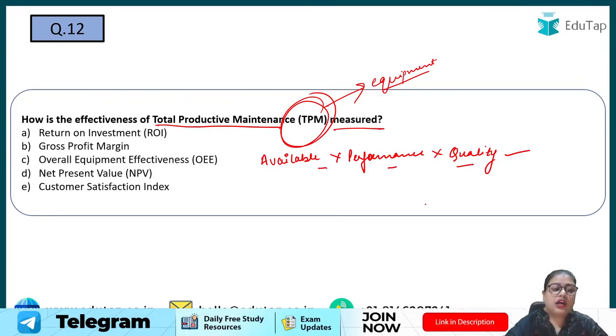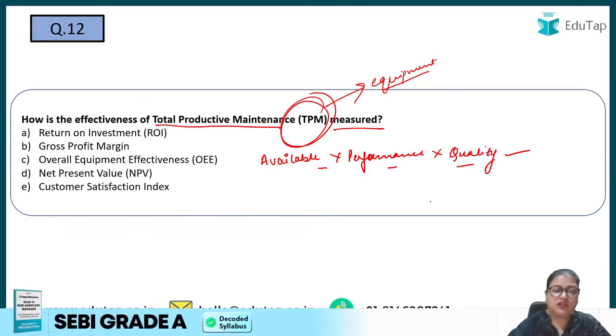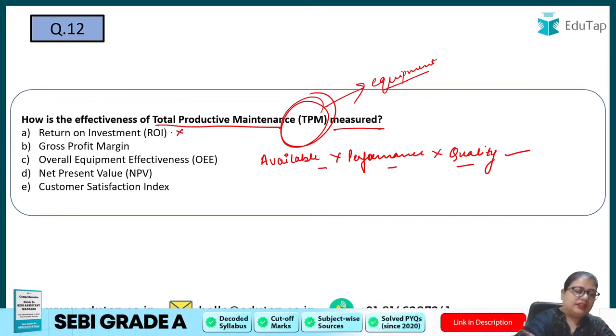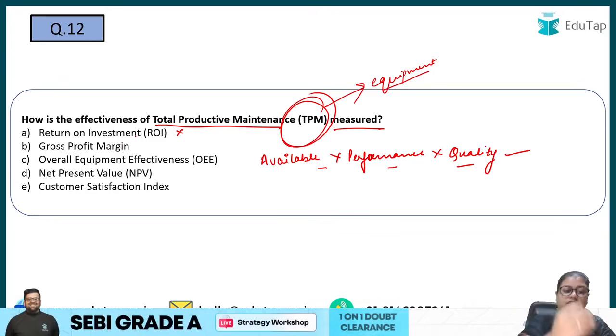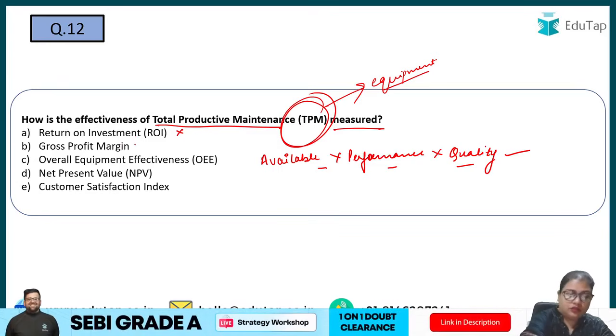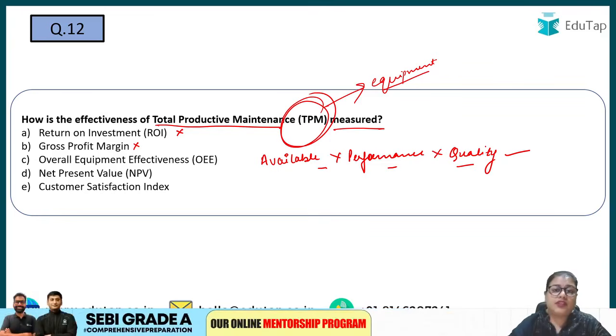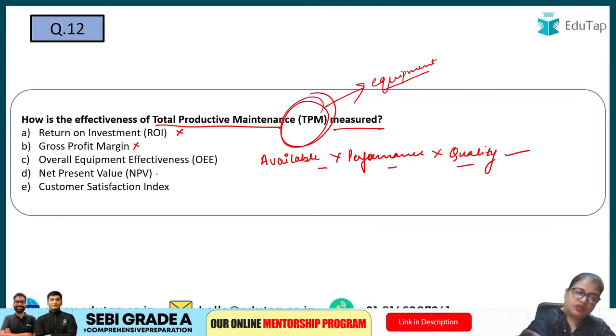Okay, so ROI, basically ROI is for the investments, है ना, for the long term investments, or basically financial gains. So it will not be the correct answer. Gross profit margin, again, it is for the profits of the overall firm. So this is also not the correct answer. Net present value, this is also for the investments, that okay, what is the present value of the investments? So this is also not